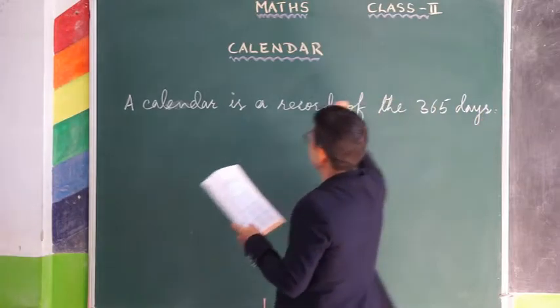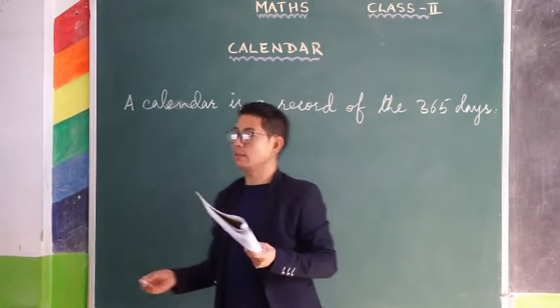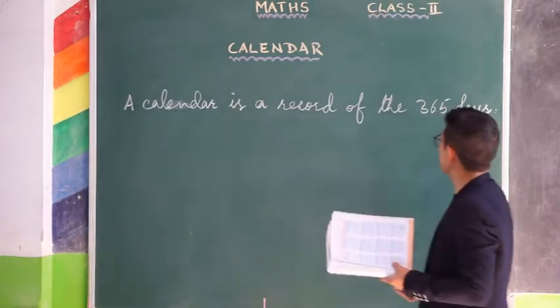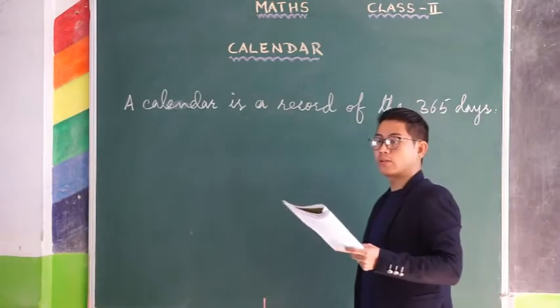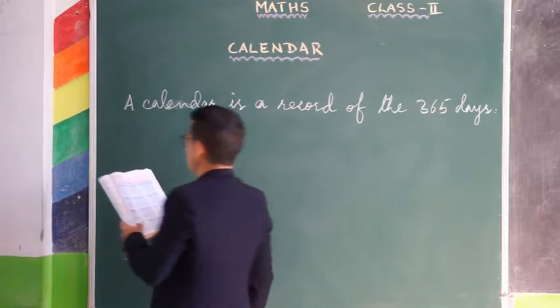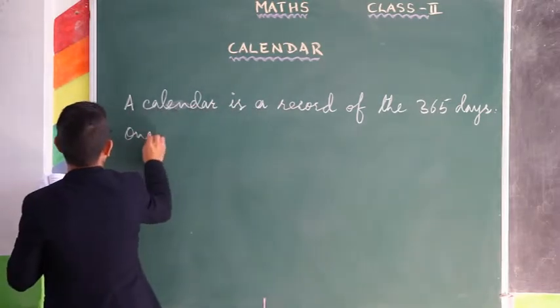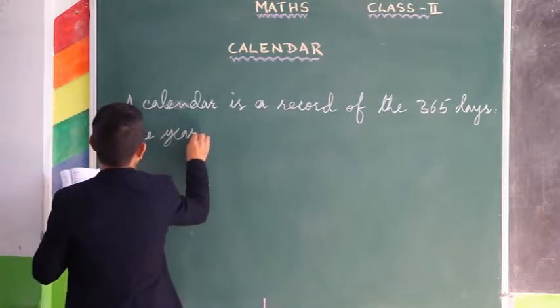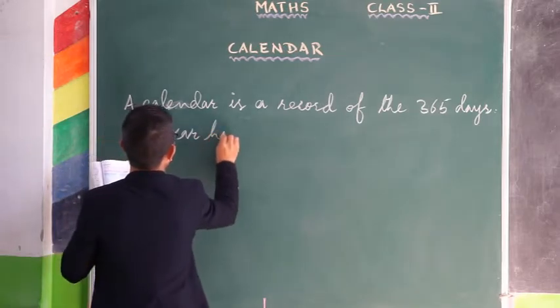Okay, so when you see the calendar, it is a record of 365 days. So one year has